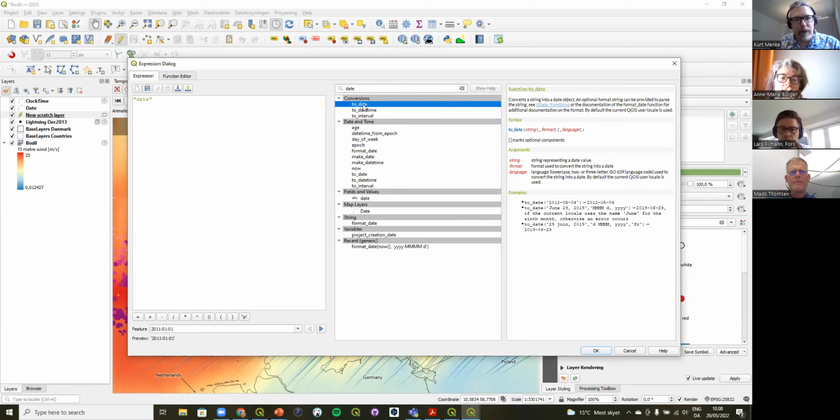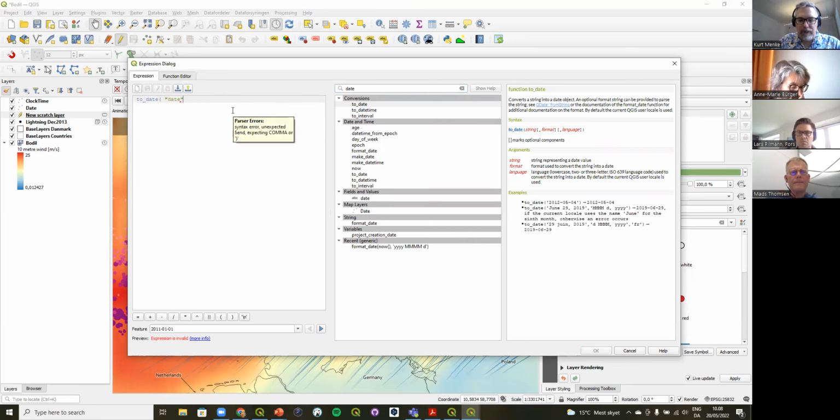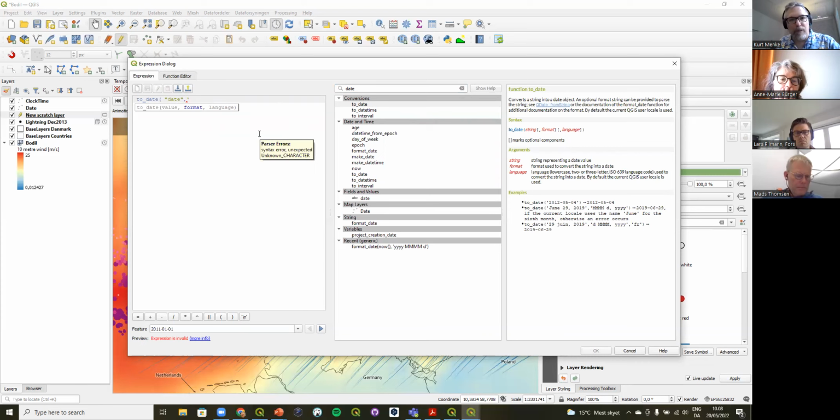Actually, I want to use this conversion function that's going to convert it to a date. And then what I can do with this is first feed it my string, which is my date field. And then I can tell QGIS the format of that so that it understands what I'm providing. So I can put a comma in here and then a single tick,